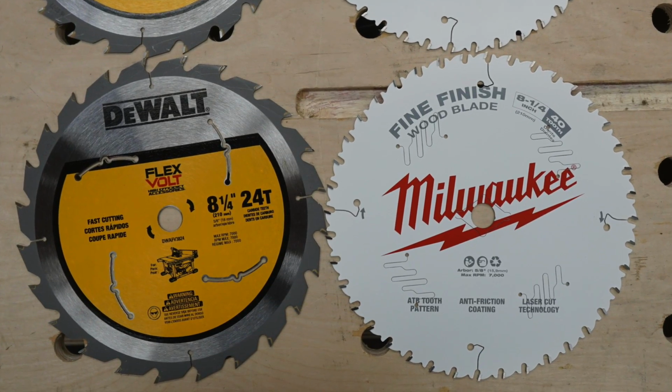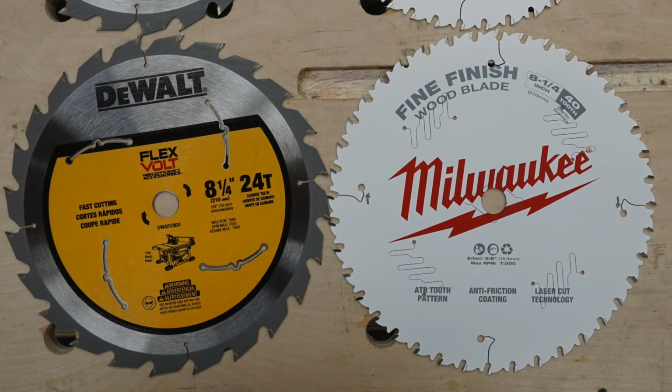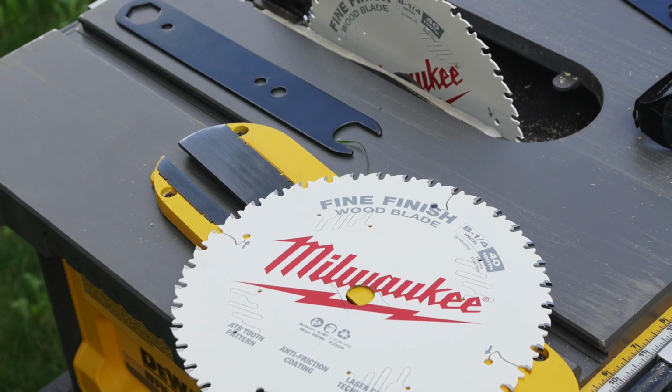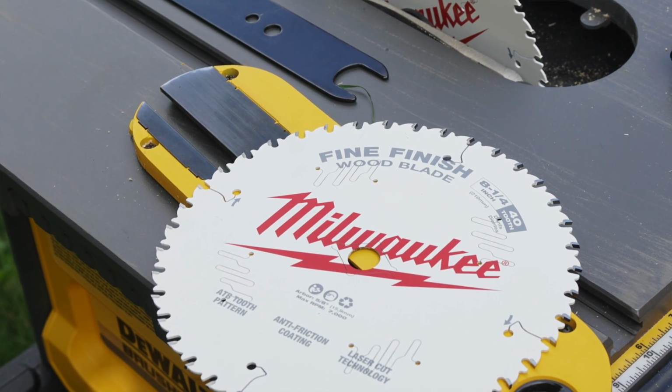For the framing lumber, we used the DEWALT FlexVolt, again, 24 tooth blade. For the ipe, we used a Milwaukee 40 tooth finish blade because ipe is a decking. We're doing finish work, so we're going to use a nicer blade, nicer cut. The Milwaukee